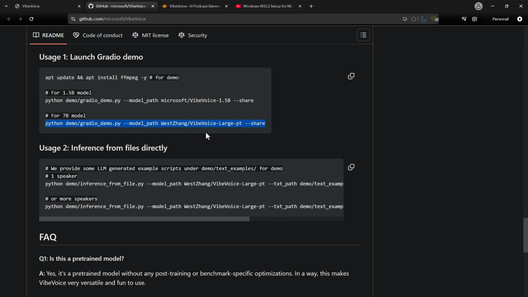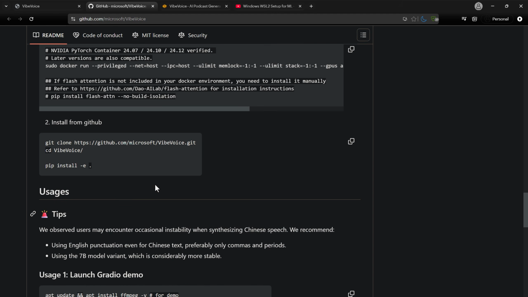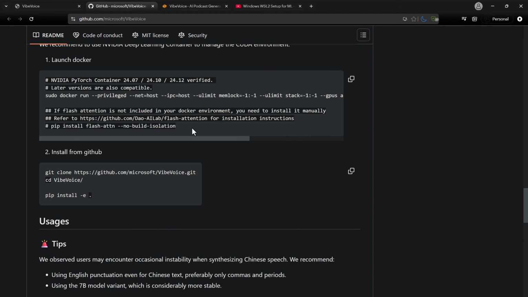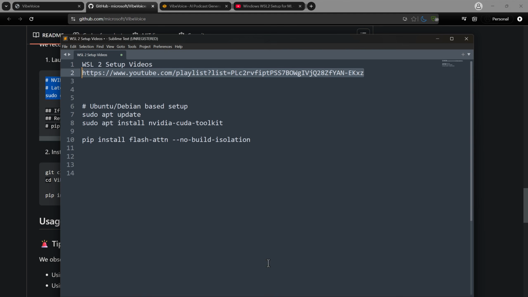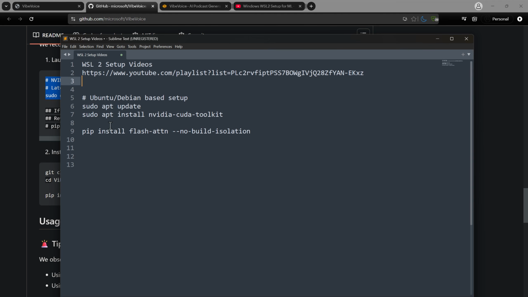But before you use this, you have to install some necessary packages here. The one thing you will notice, it asks about flash attention. This is something which you have to install. Other than this, you also have to install CUDA. Since we are not using Docker, to avoid Docker we need to install CUDA in your WSL2. I have already provided the setup instructions, and this will be provided in the video description. You can get that from there. First of all, you have to update your WSL2, and thereafter you have to install the NVIDIA CUDA toolkit. These two things I have already installed.